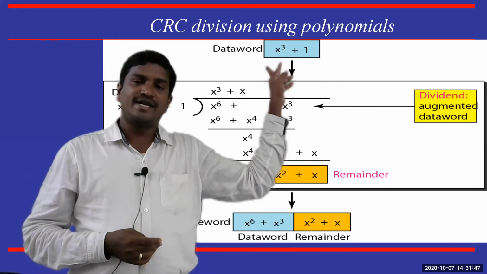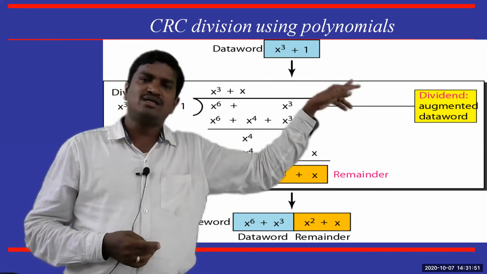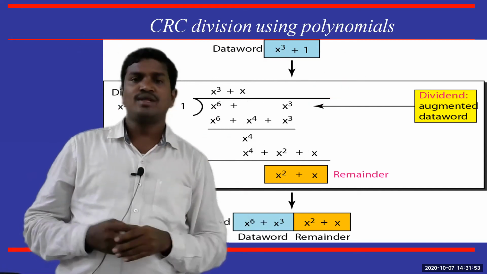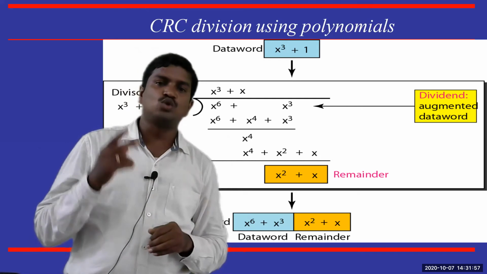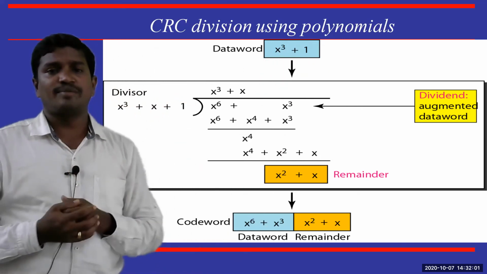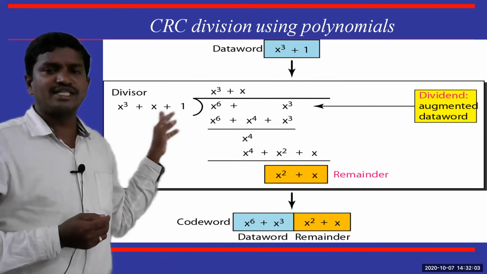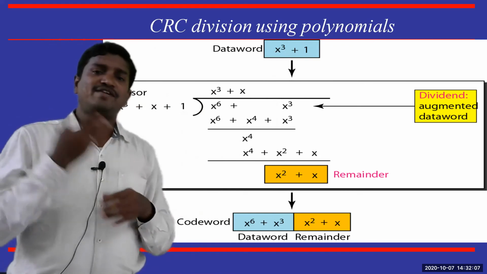So then the equivalent data word for x cube plus 1 is what? 1 0 0 1. This way 1 0 0 1 can be easily represented in polynomial notation, that is x cube plus 1. Now how the procedure begins: when you start this encoding process at sender side, in the previous method we used